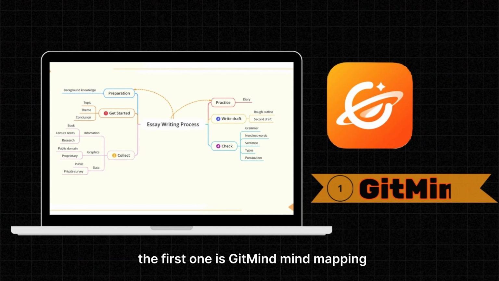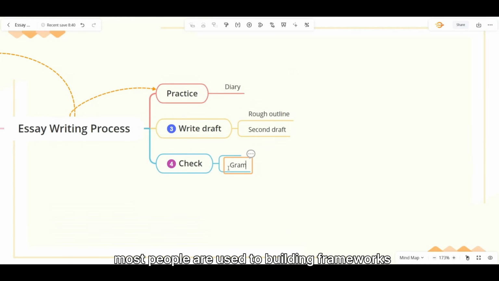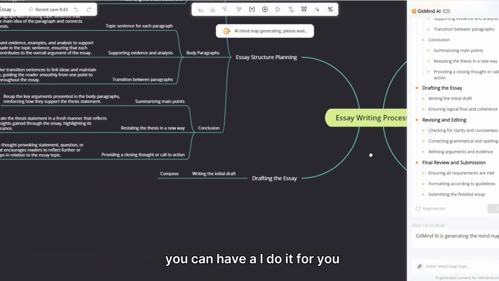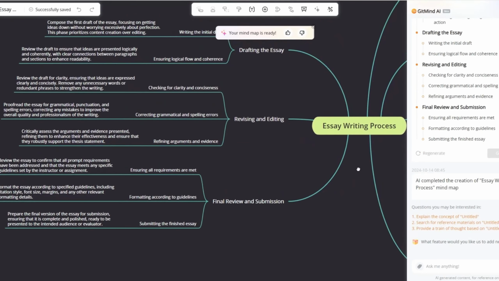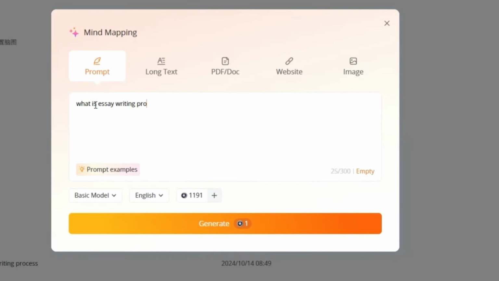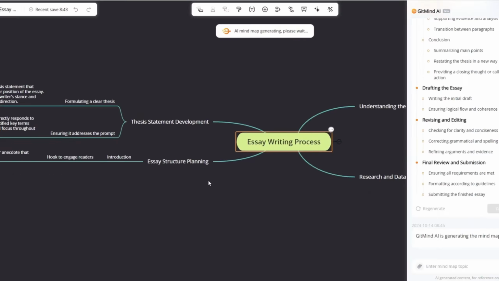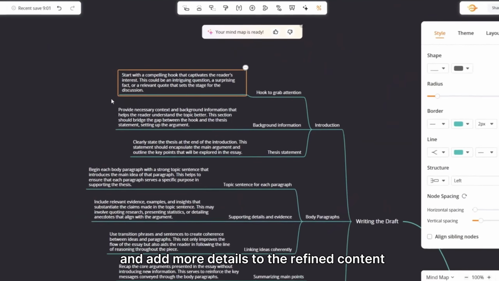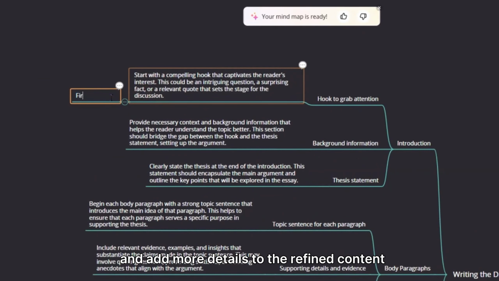The first one is Get Mind Mapping. When it comes to mind mapping, most people are used to building frameworks node by node, but with this app, you can have AI do it for you. You only need to think and add more details to the refined content, greatly saving time in processing and digesting